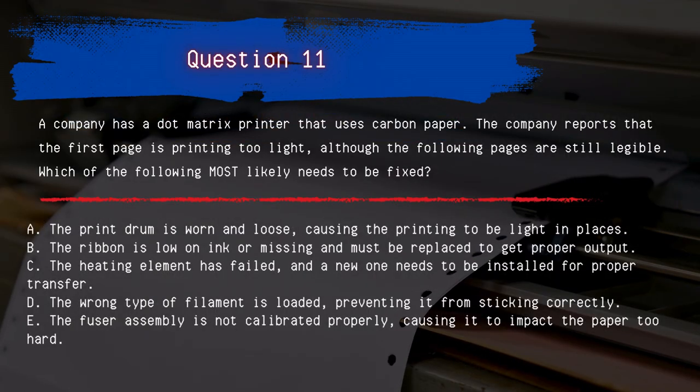Question 11. A company has a dot matrix printer that uses carbon paper. The company reports that the first page is printing too light, although the following pages are still legible. Which of the following most likely needs to be fixed? A. The print drum is worn and loose, causing the printing to be light in places.